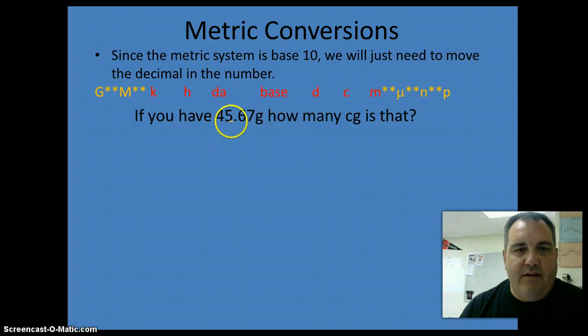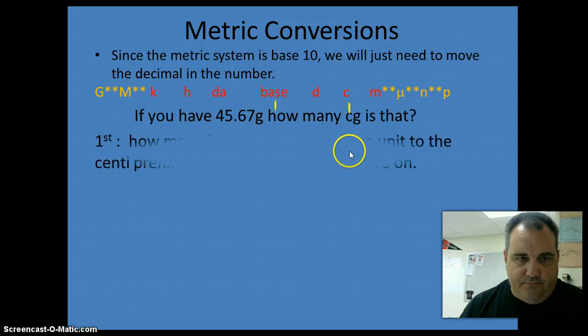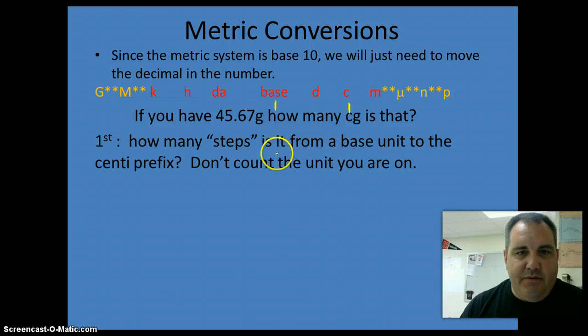So if you had 45.67 grams, remember a gram is a base unit, how many centis is that? Okay, so we're starting here and we're going over here. So the first thing is, how many steps do we need? We don't count the one we're on. When you're counting steps in your house, you don't start on the floor and say 1. You say 1 when you step. So we have 1, 2 steps. Okay, so 2 steps,